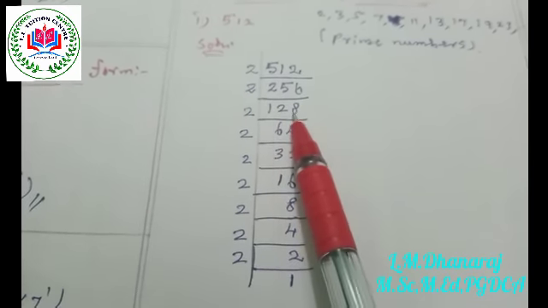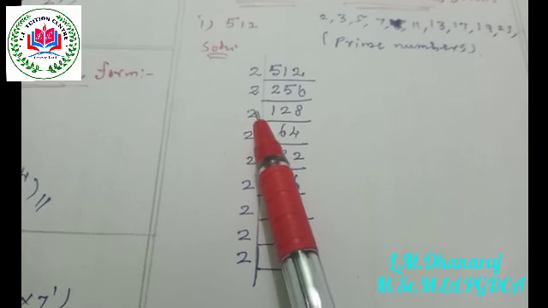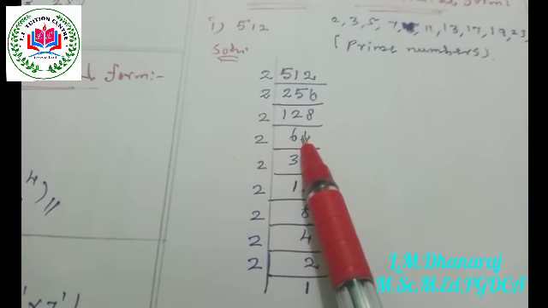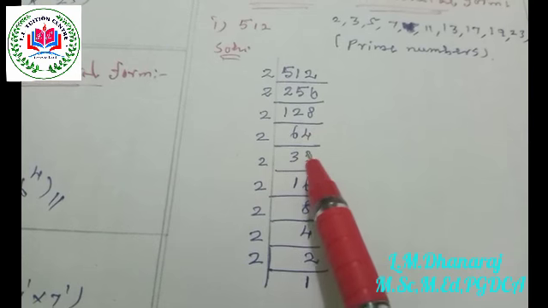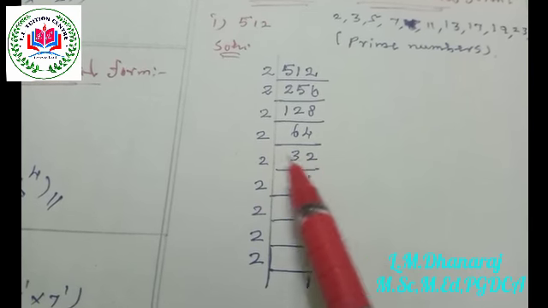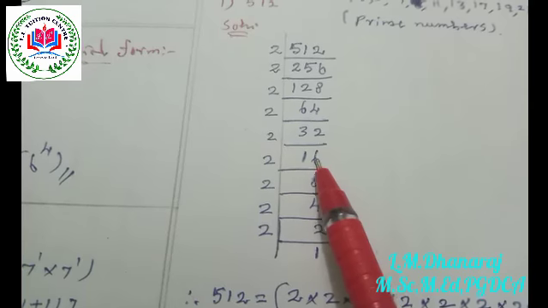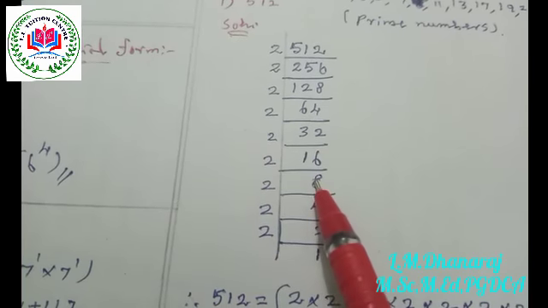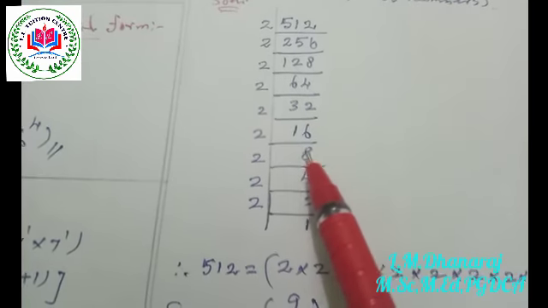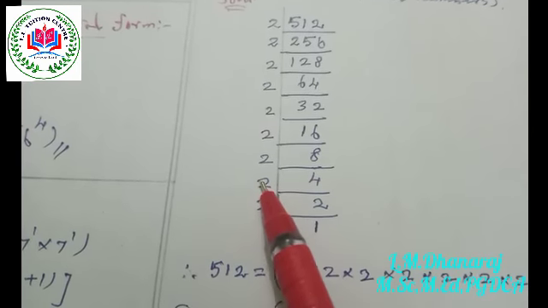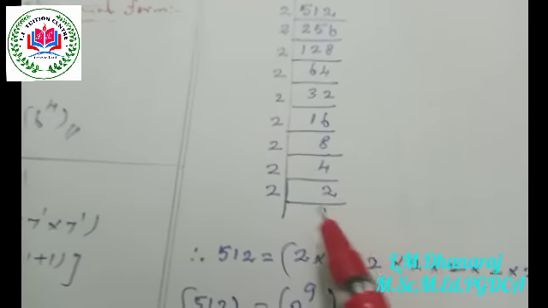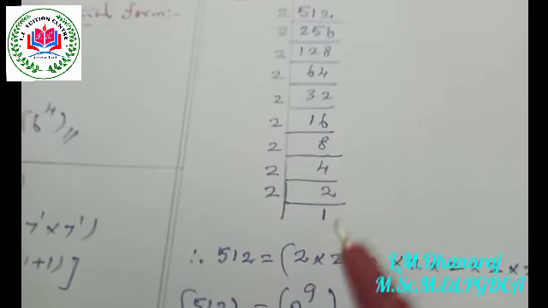Since the last digit is even, again we divide by 2, and that is 64. Again it is even, divide by 2, that is 32. 32 is even, divide by 2, we get 16. 16 divided by 2 is 8. 8 2s are 16. 8 is even, divided by 2 is 4. Again divisible by 2, 2 2s are 4. Again divisible by 2, that is 1 time.